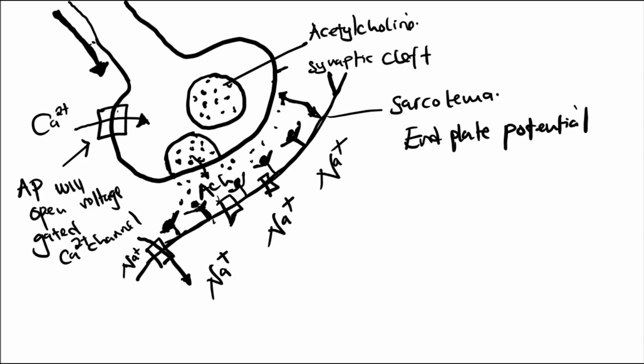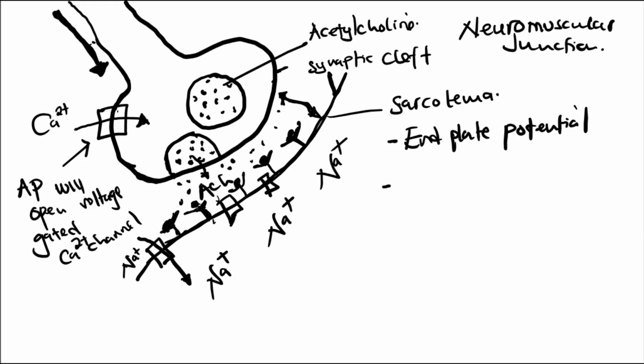When this end plate potential reaches the threshold potential, then an action potential is going to be propagated in the muscle cell. So that is how transmission of a nerve is conducted across a neuromuscular junction. A neuromuscular junction is just a junction between the neuron and the muscle. All right. So an action potential that is coming down the neuron here, when it reaches the axonal terminal,